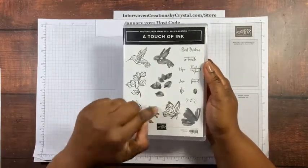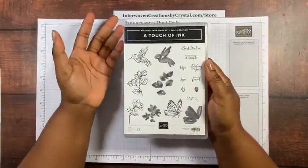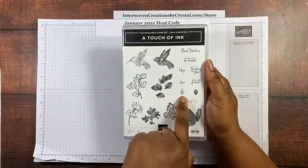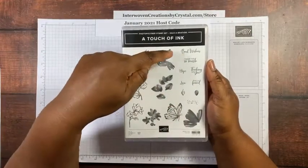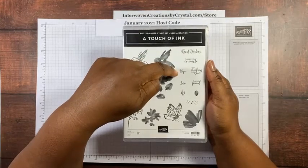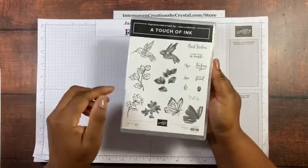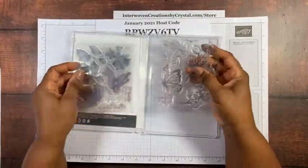And these bodies don't line up perfectly with the outlines. It's just to give you the sense of color. And we have some dots here, a small single leaf with the body. And we have a few sentiments: best wishes, thank you so much, hope, love, thinking of you, and hello friend. Once again, 17 stamps in the set, and they are split among two